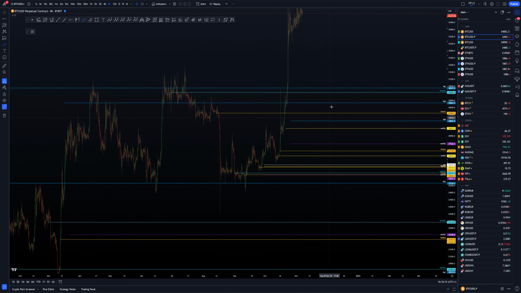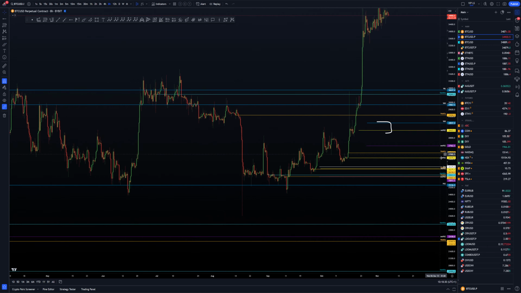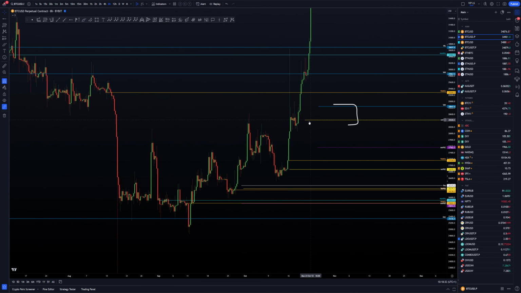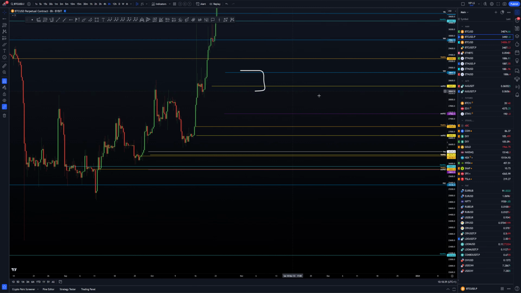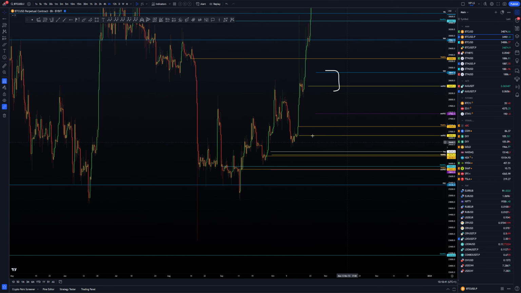Not going to go too low for the moment, it's not really useful, but the first big zone is 28,400. That is the zone of price where you really have to look for the big zone of support. If we start breaking this, we have this nice monthly negative point of control, and by the way, before looking at that, we have of course this weekly negative point of control with a possible swing failure pattern of the lows. If there is no swing failure pattern right here, again this is more for day traders, we're simply going to look for this monthly negative point of control at 27,500 down to the weekly negative point of control here with a weekly